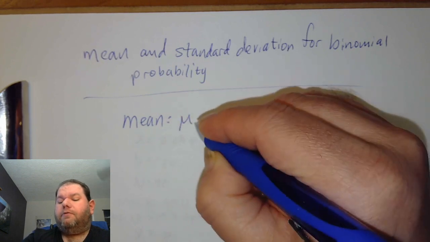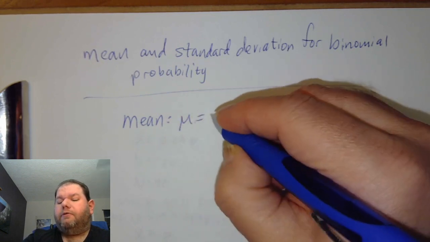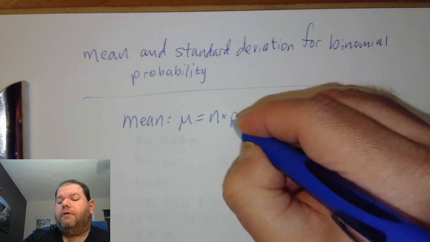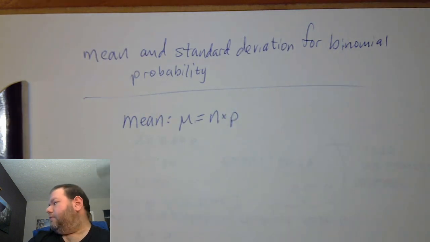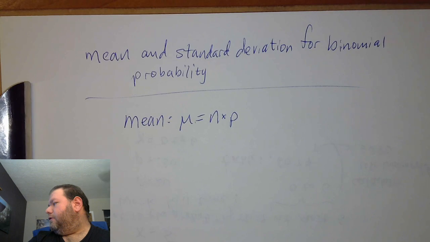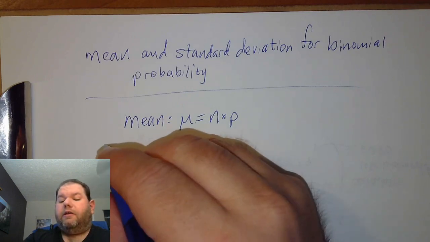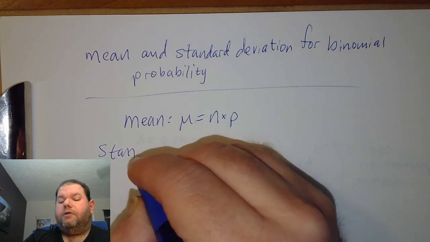defined as mu, is equal to n times p. There we go. And then our standard deviation